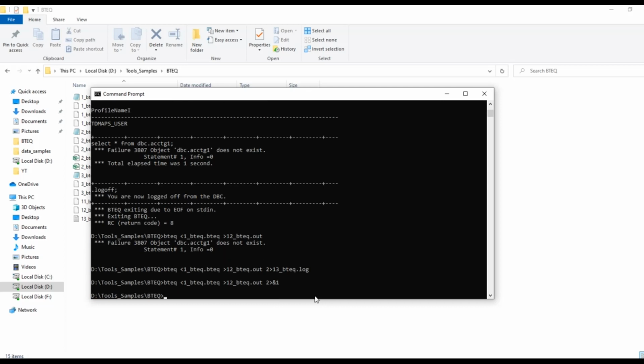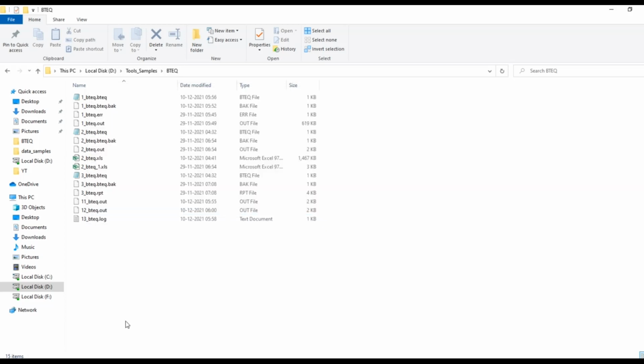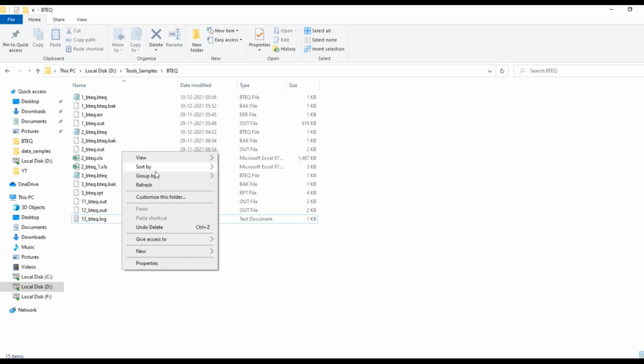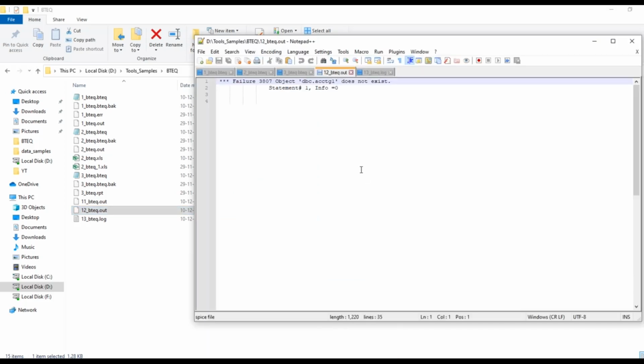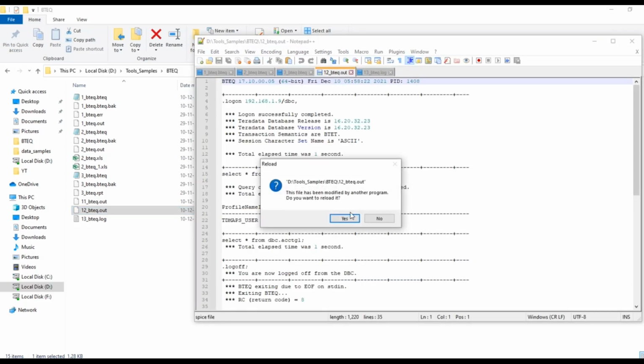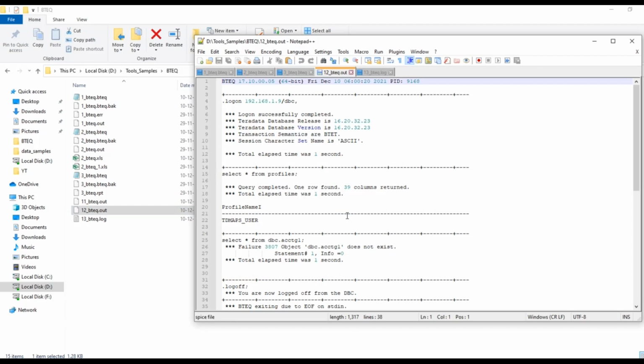What happened now? We will see the output. We'll go to the path. We have 12_btq.out. Let's open it with Notepad++. So now, yes. Now see, the error is also recorded here. Okay. In the same way, we can do